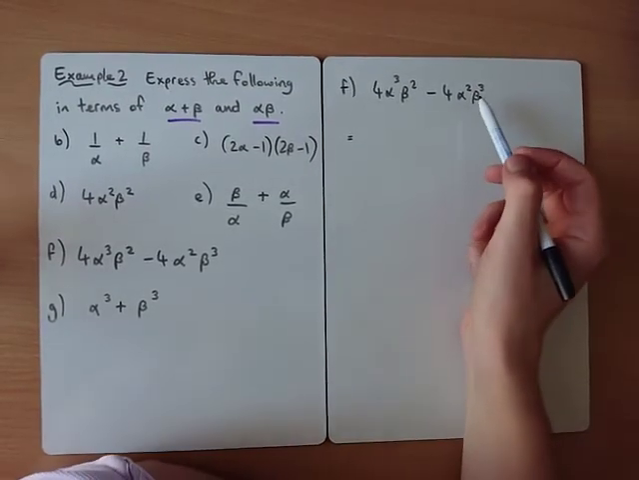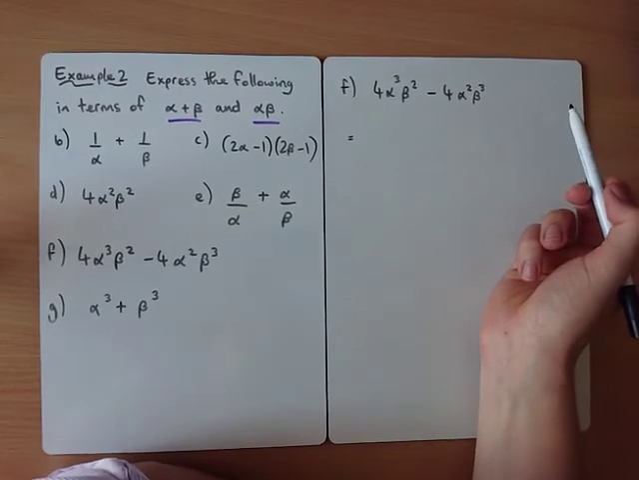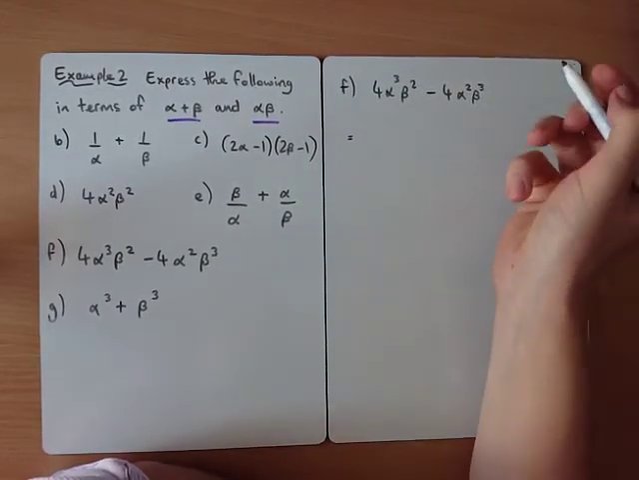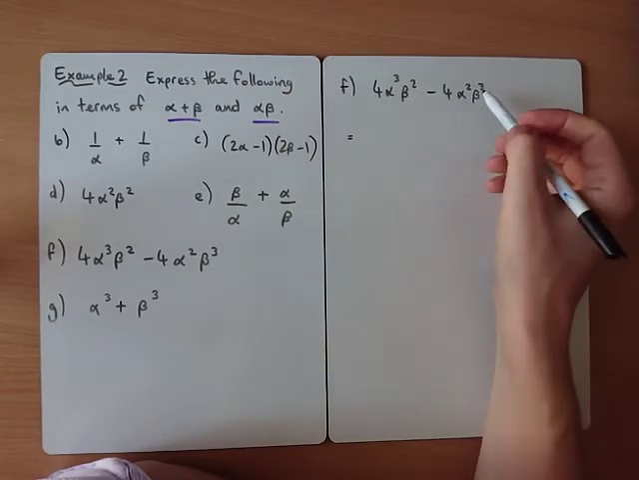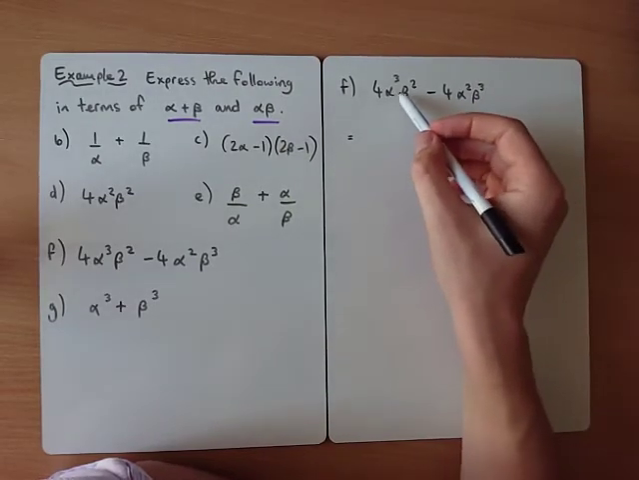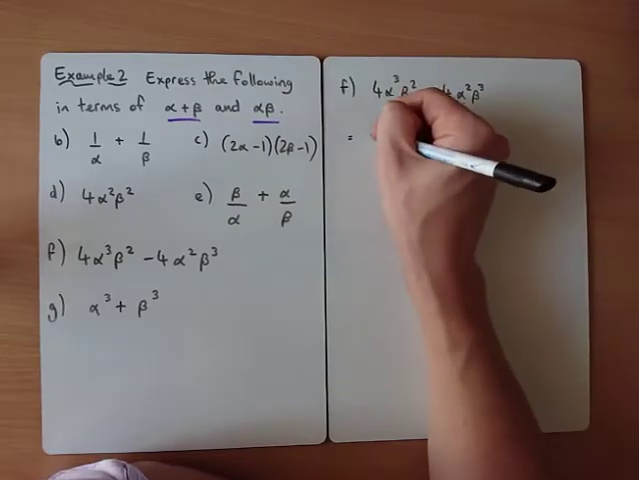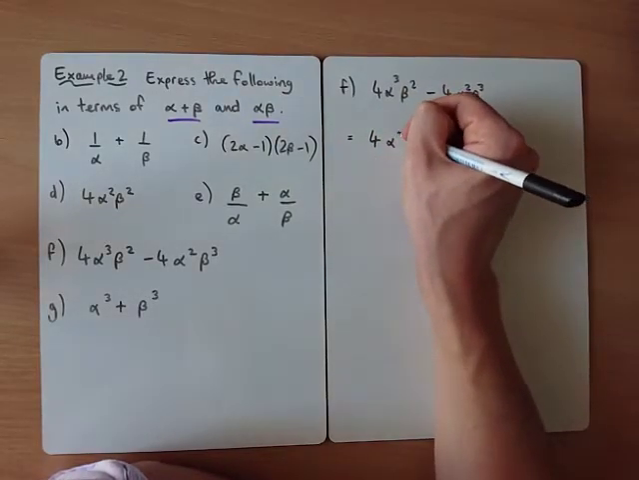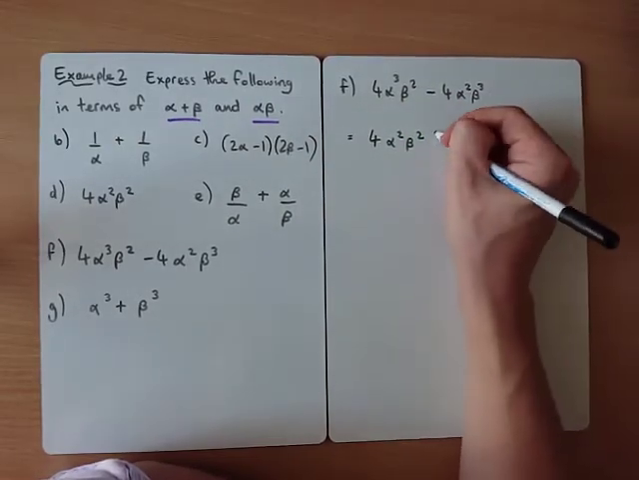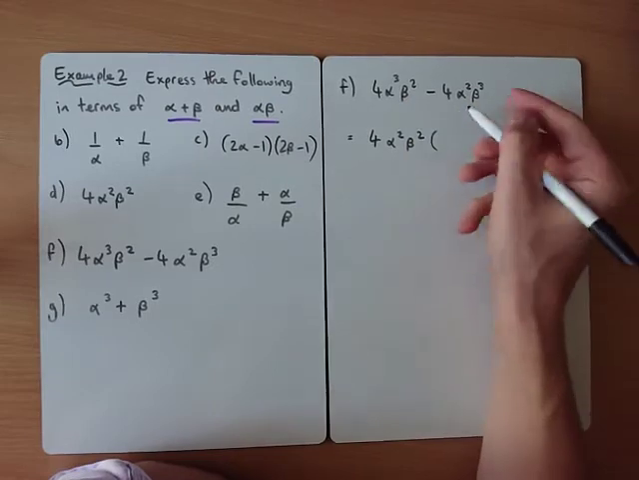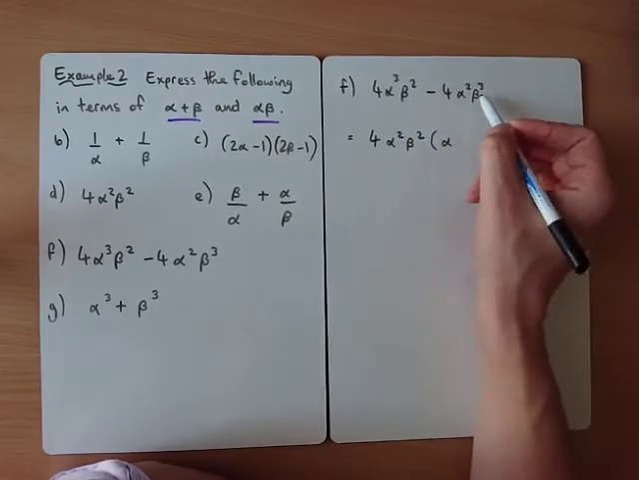For f, we can take a factor out of both of these. Now if we take a factor of both, look what we can take out of both. Both of them have got alpha squared and beta squared in and 4. So if I take alpha squared and beta squared out of both of these terms, I would be left with alpha minus beta,